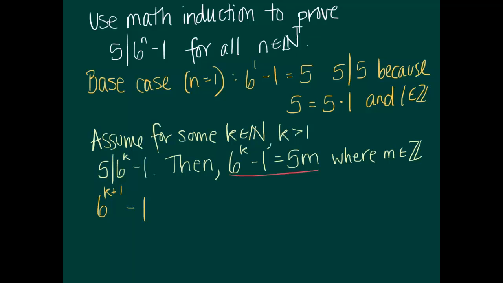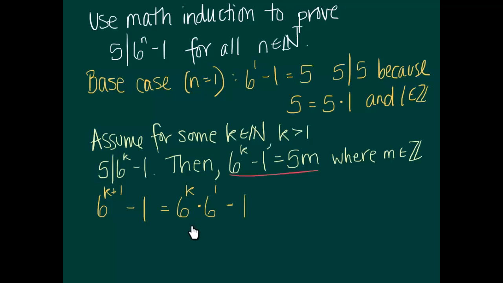I have to show that our statement is true for k plus 1, using what I've underlined in red. Well, by our exponent rules, I know that 6 to the k plus 1 can be rewritten as 6 to the k times 6 to the 1, and then I still have that minus 1. So notice I'm using